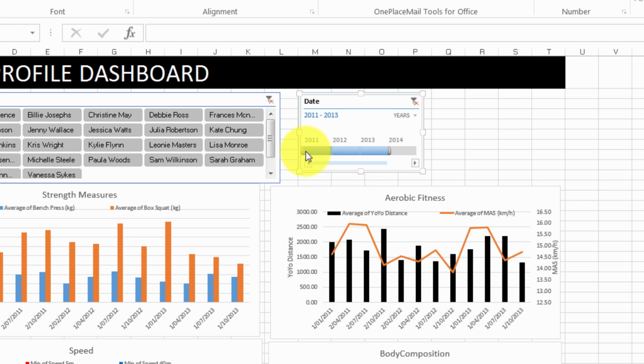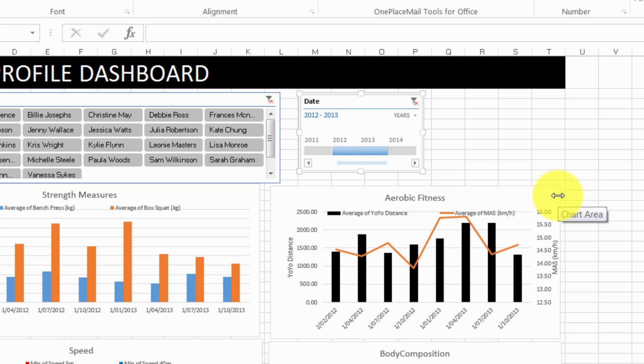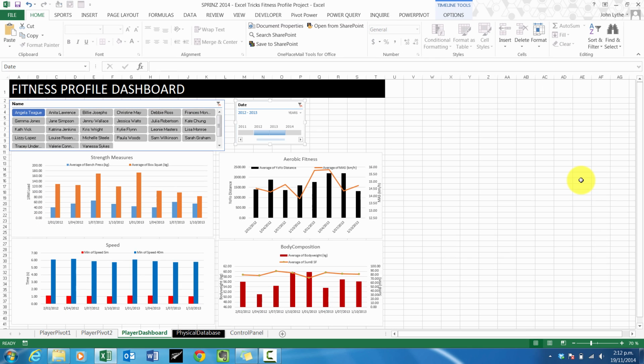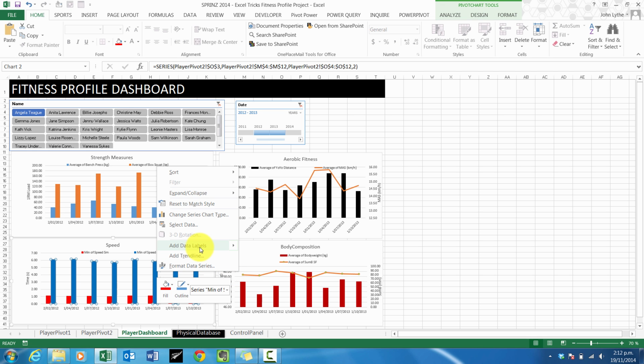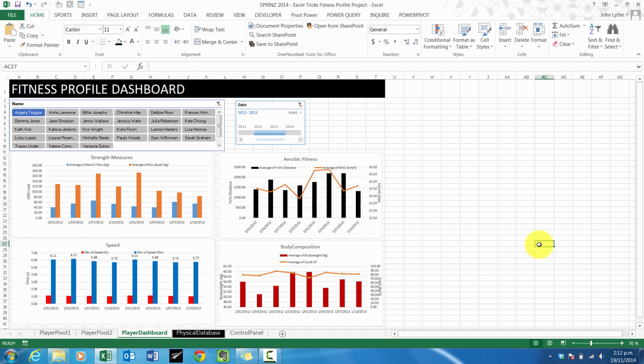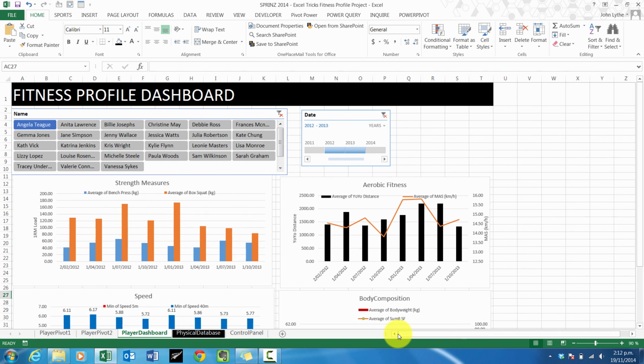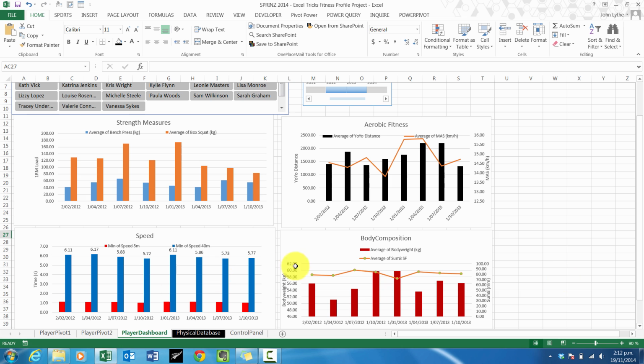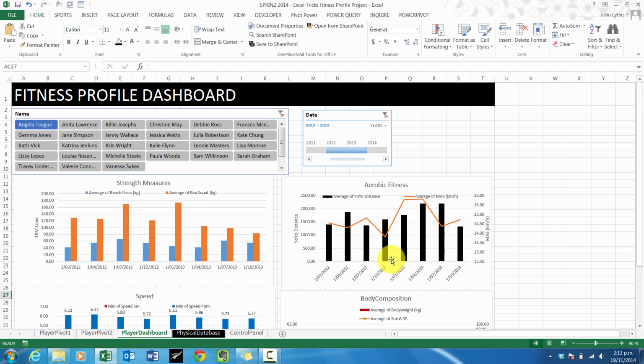So we can muck around now with our data and zoom in and zoom out of parts that we want to see, look at trends and get some information about what's going on. And so when you've got a bit less information, you can add things like data labels to the speed, which allows you to get some granularity on whether or not things have changed. This is all random data, so you'd obviously never get athletes with that kind of variability in their speed time. So what I've done poorly in this case is get the shape and size of things right so it fits on one screen, but nevertheless that's something you can do. I'd tidy up decimal places on the axes and all that kind of thing,